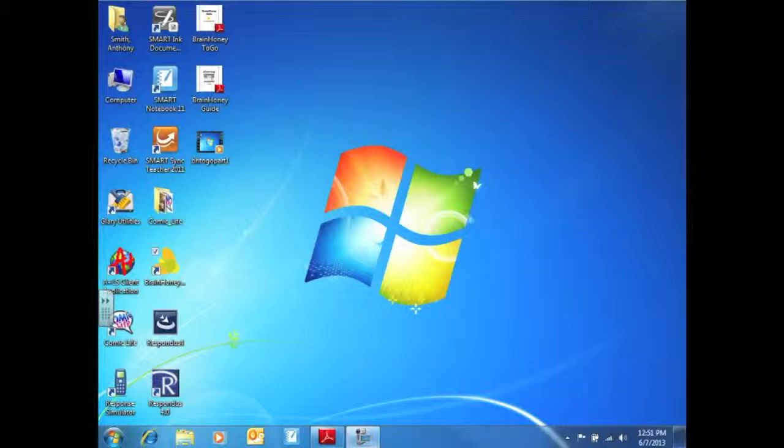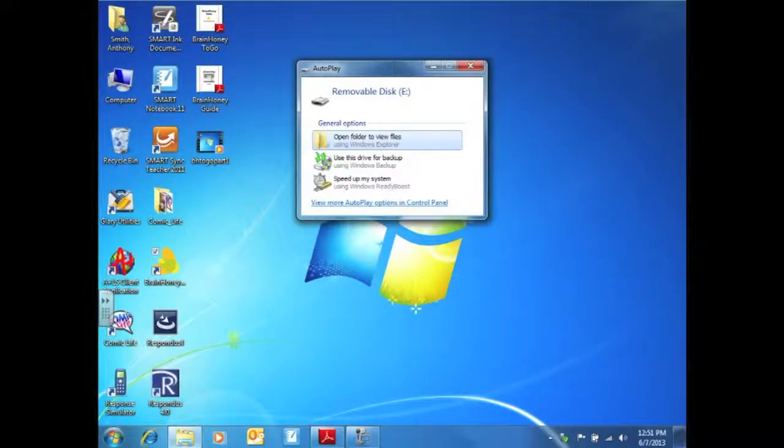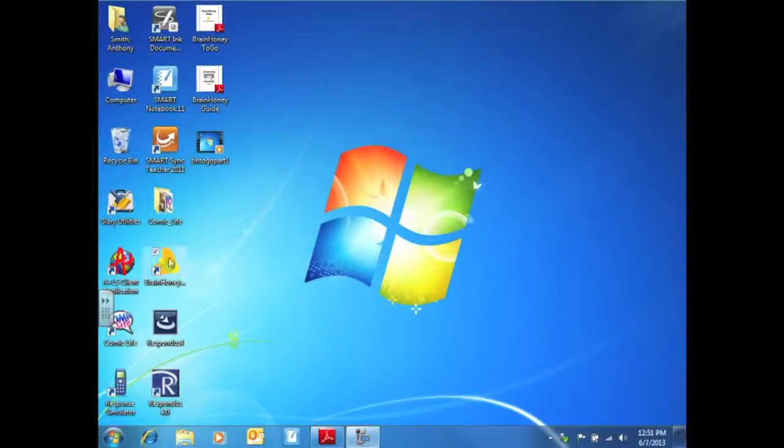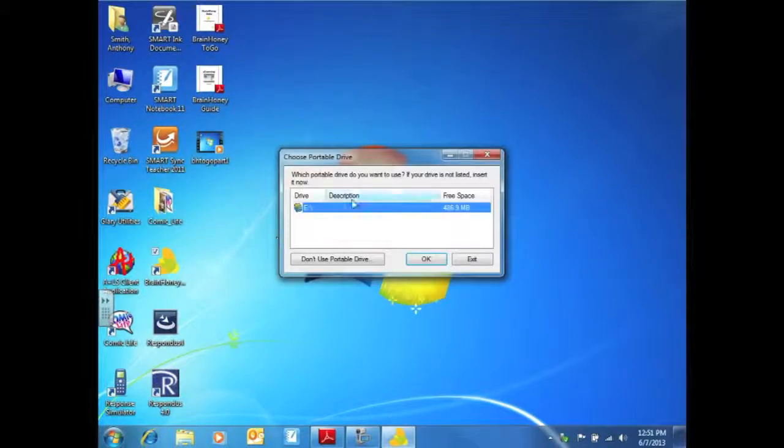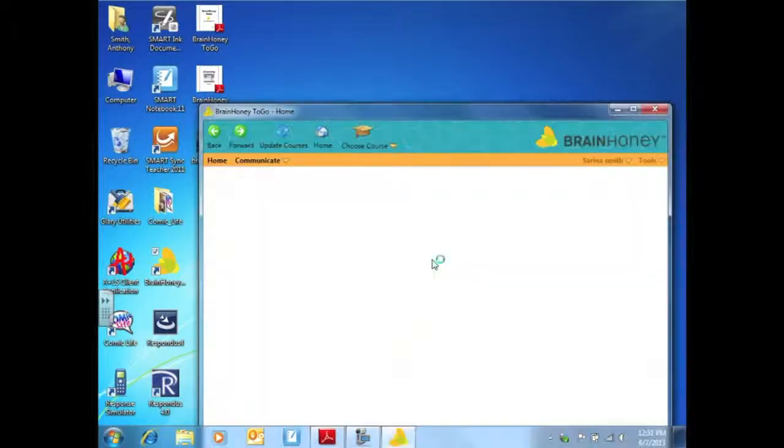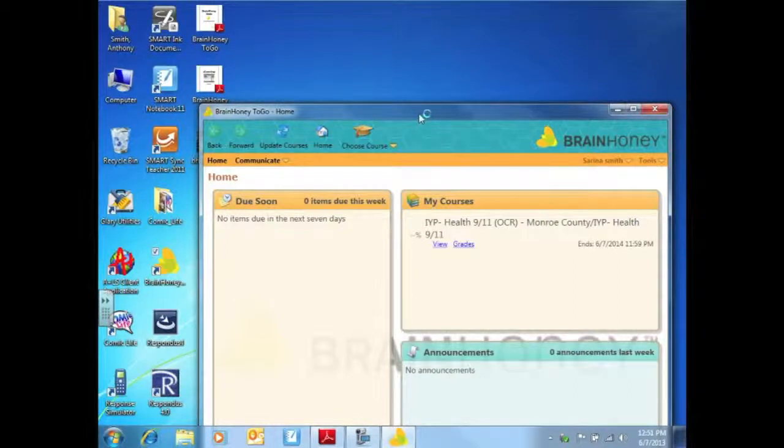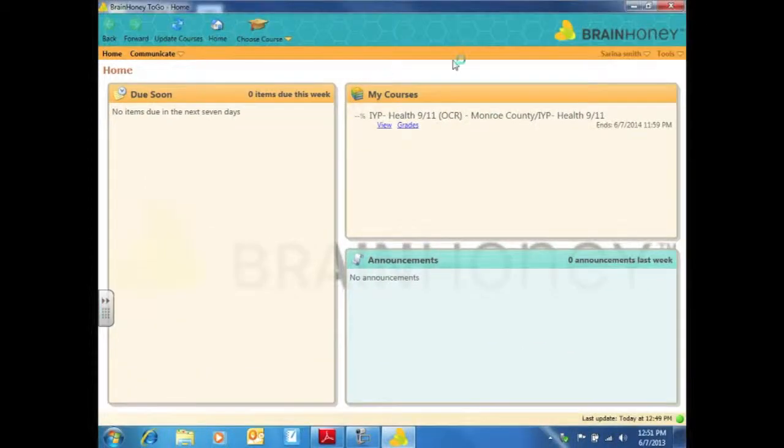I'm going to take my thumb drive and I'm going to plug it into the USB. You'll see that I have a removable disk, and the autoplay may come up. I'm going to close out this autoplay box, and I'm going to double click on my BrainHoney icon, and it says choose a portable drive. I'm going to hit OK, and if we have done everything correctly, we should see that here's my student name at the top. Under my courses, we should see the OCR course,